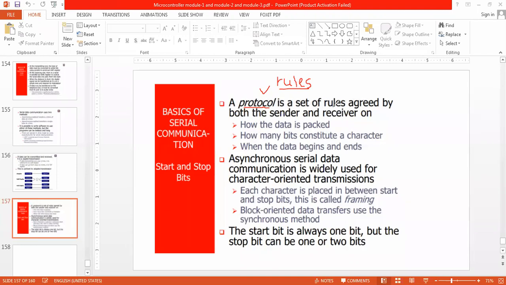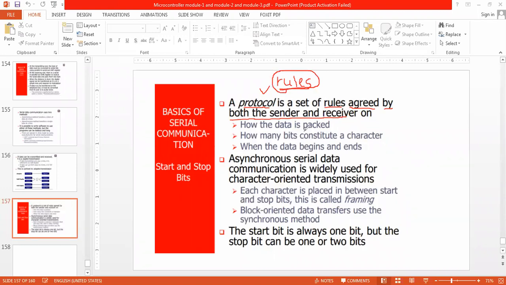A set of rules is agreed by both the sender and receiver while transmitting and receiving the data, so that the data should not be modified, the data should not be lost, and the data should not collide with each other. That is why the rules are made between the sender and receiver.